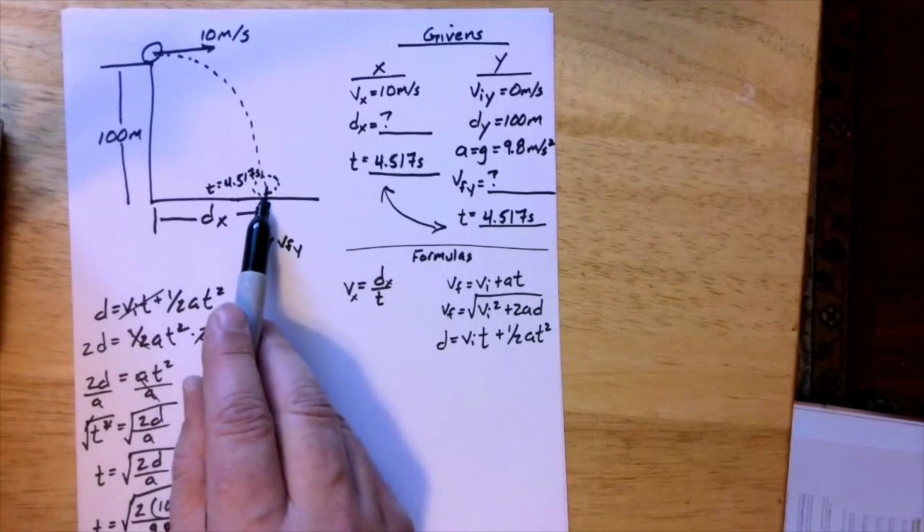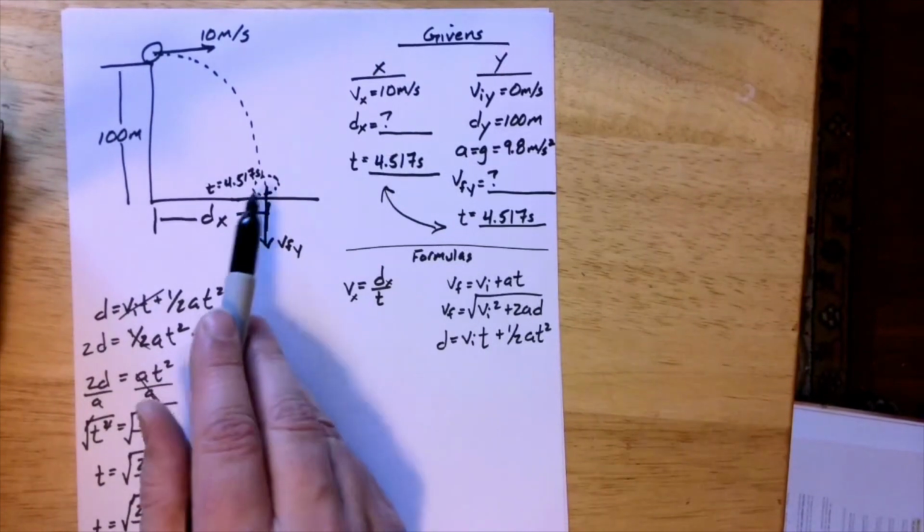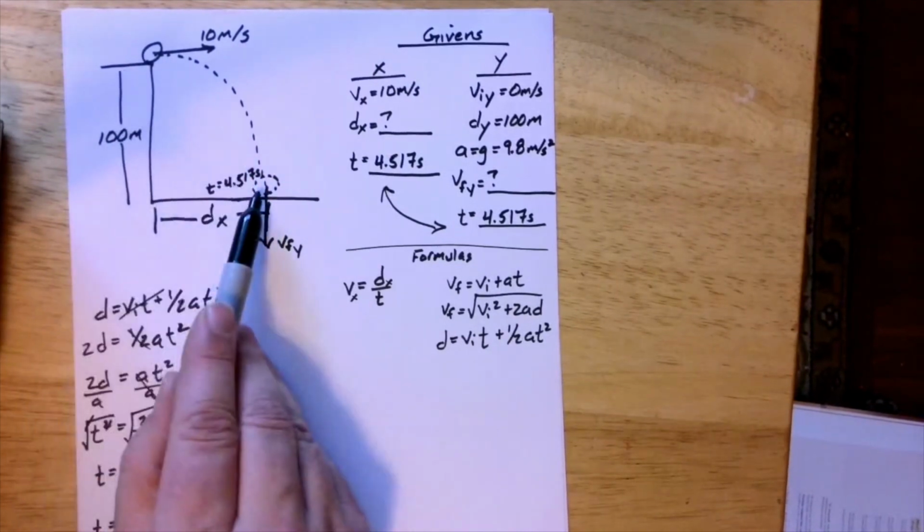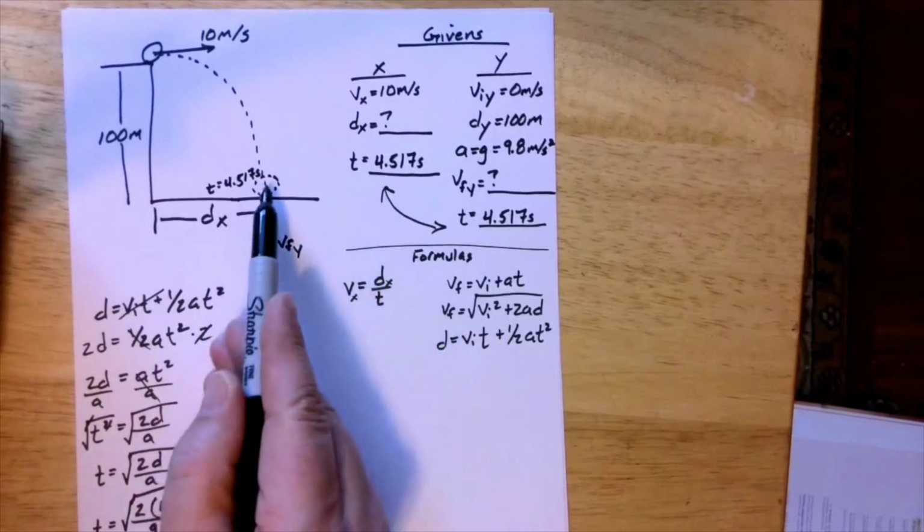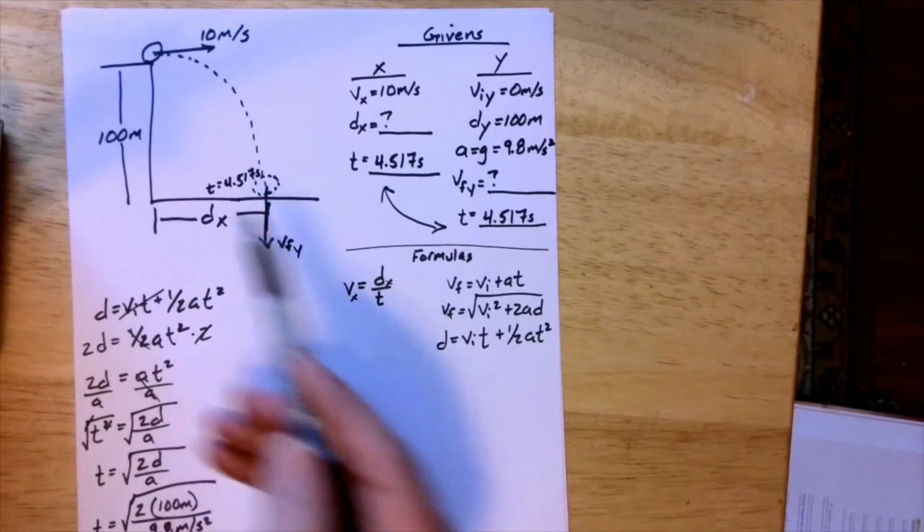Now this is the velocity right before impact. Don't say 0, because otherwise here it's 0, here it's 0, which would mean it didn't move. But this is the moment before impact. So